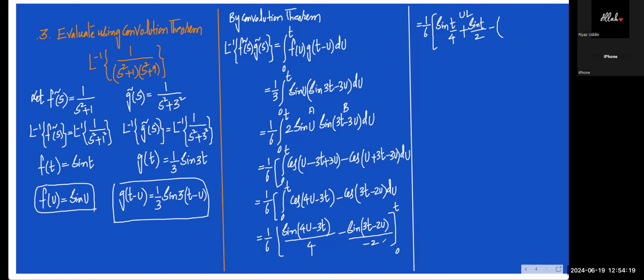माइनस लोअर लिमिट, जहाँ भी u है वहाँ पर 0, तो क्या हो जाता, साइन ऑफ minus 3t by 4, और plus ये sin of, माइनस प्लस, जहाँ भी t है वहाँ पर 0 रखना है, so minus t, it is minus t. u की प्लेस पे 0, sin of 3t होता ना, u की प्लेस पे रख रहे हैं ना, 3t, साइन 3t by 2 हो गई, ये हो गई आपकी लोअर लिमिट ब्रैकेट,